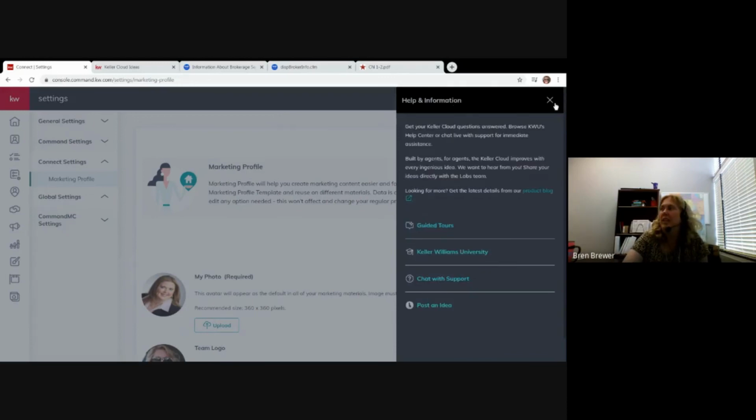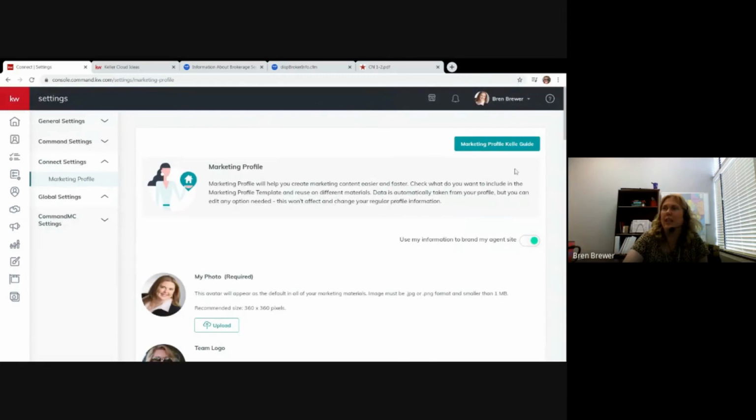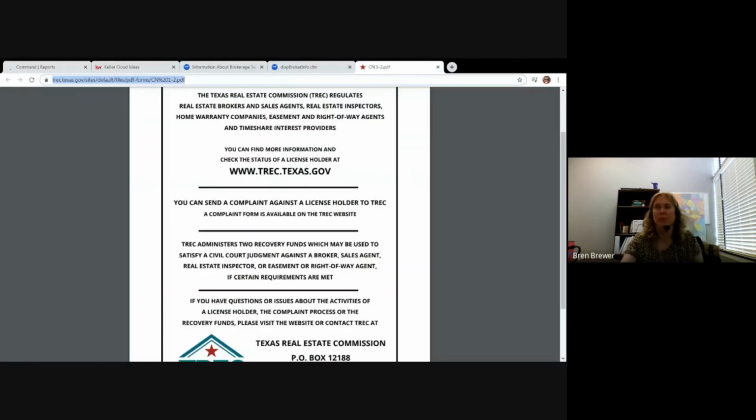And then what else? Have we gone over every icon? Did I miss anything? I wanted to make sure we got this so we could look at the reports real quick. Anybody have any questions? I think that's every icon, every setting. That was my goal today, to get y'all through every icon and every setting as far as you know what they are. We good? Also, one website I wanted to show y'all real quick too is